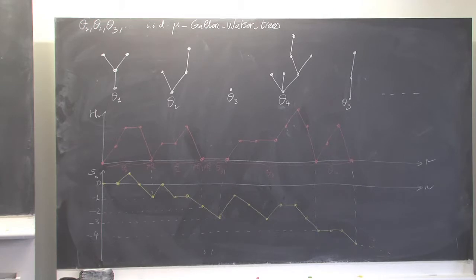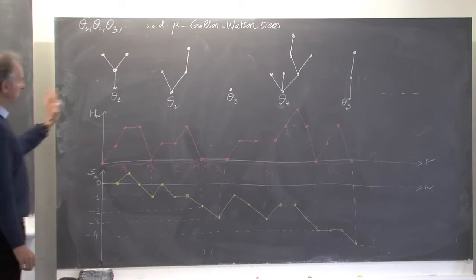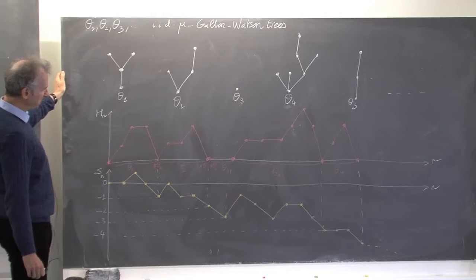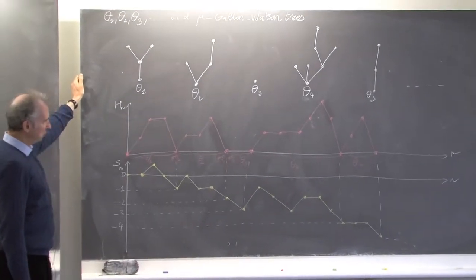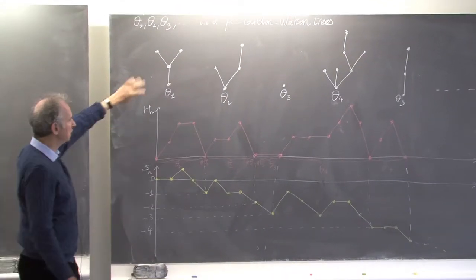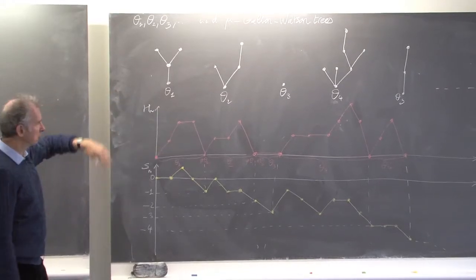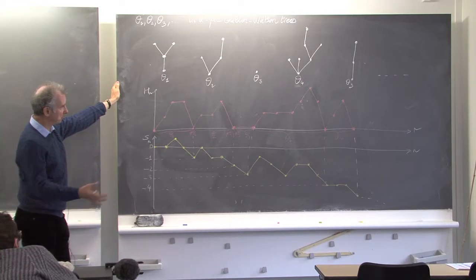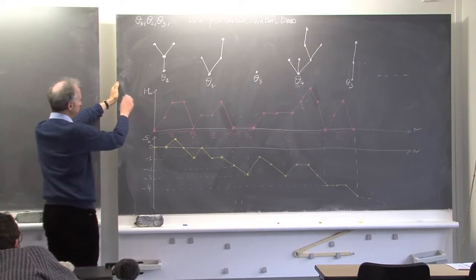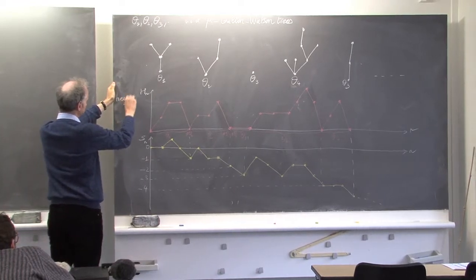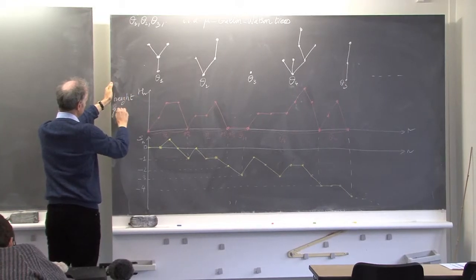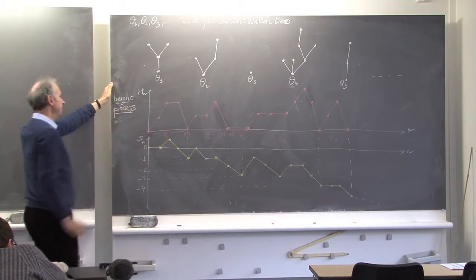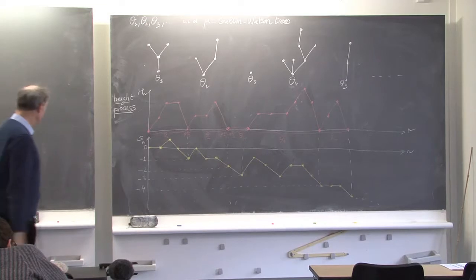Okay, so you take a sequence of such trees, and essentially what I explained in the last lecture is that you can code such a sequence. In fact, I did it for a single tree, but it also works for a sequence. You can code such a sequence by certain random functions. And the first one you can consider is the height function, or maybe I will call it here the height process. And this is very easy to define.